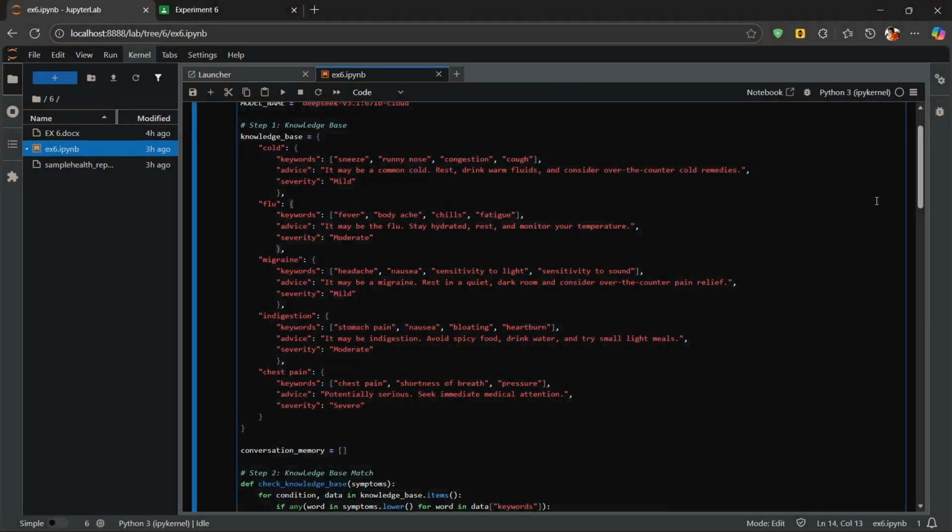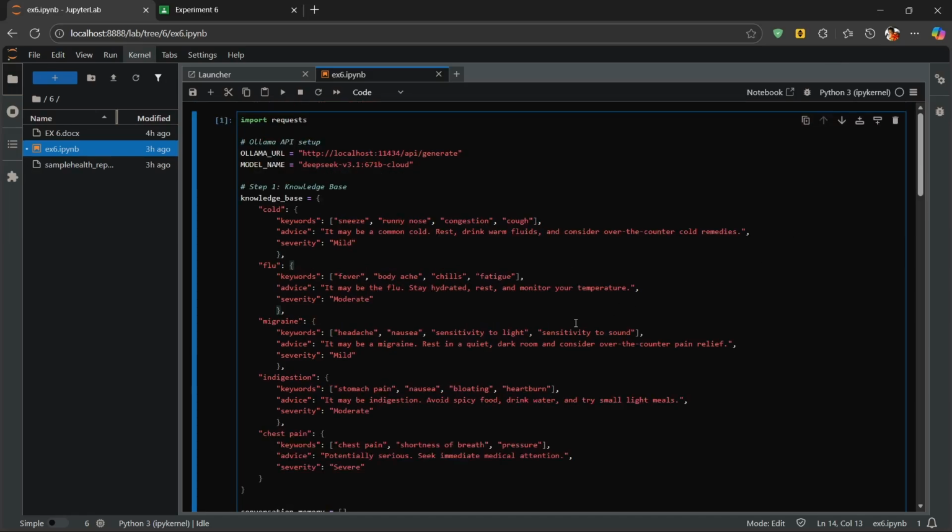You are K22CS1024 on the lab for building applications using GPT-4, experiment 6. This experiment is called the AI powered medical assistant. The aim of this experiment is to develop an AI based medical assistant that can analyze a user's symptoms and suggest possible causes, provide basic advice and generate a health report. This project combines both knowledge based reasoning and language model intelligence using Ollama local LLMs to offer personalized and responsible